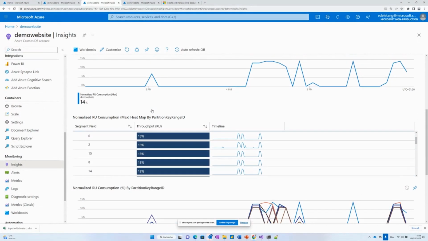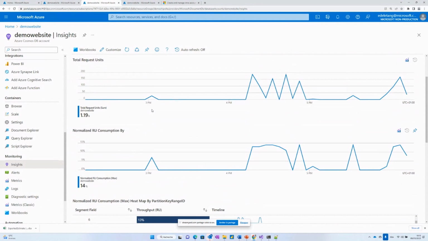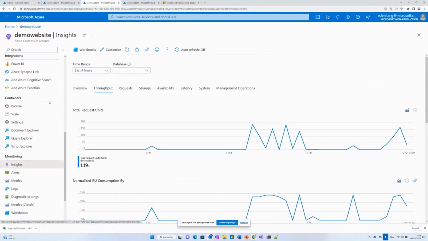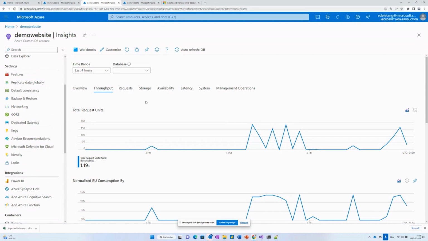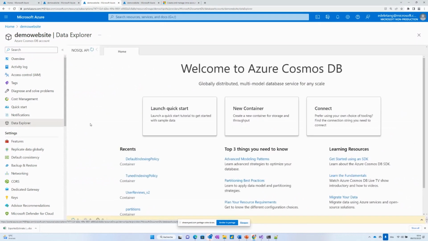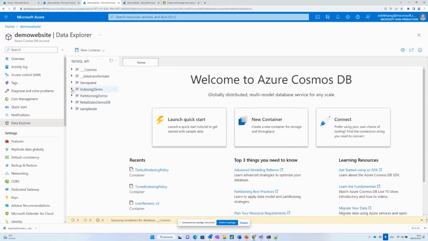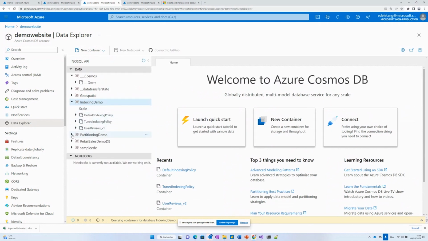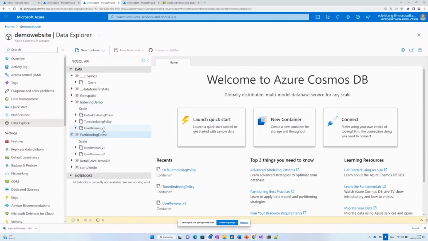If I had a wrong choice about the partition, how can I correct this? Today we have introduced and launched a new function. This new function is the intra-account copy container. What does it mean? That means that I can copy one container to another with the same amount of data and change some information. This is, for example, what I have done to copy here the partition demo user review to the partition review index demo, but with changes. For example, here I don't change the partition key, but this is something I can do. I have changed the index policy.